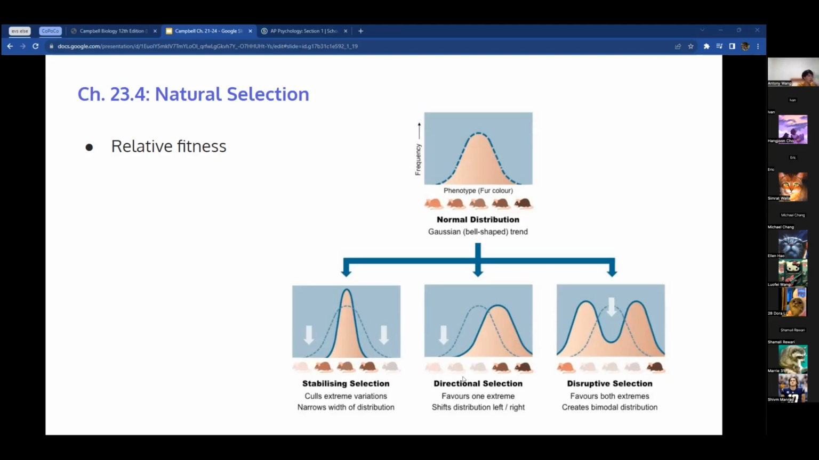Directional selection is where one extreme phenotype is favored. This is common in changing environments. Disruptive selection is when the average phenotype is selected against, but both of the extremes are favored. This is generally in patchy environments, meaning that within one biome or one ecosystem,